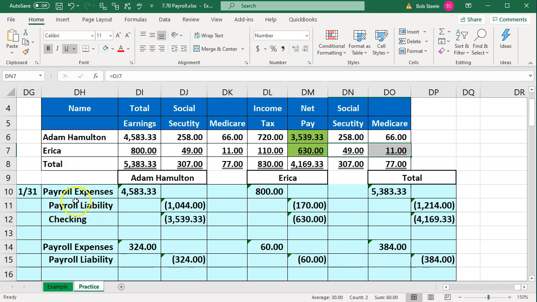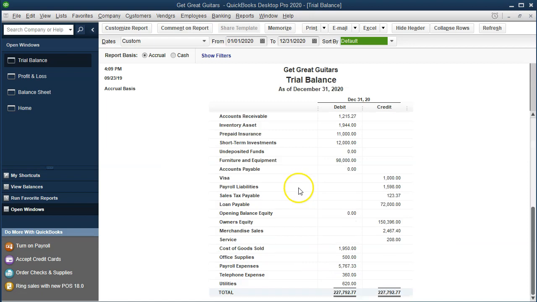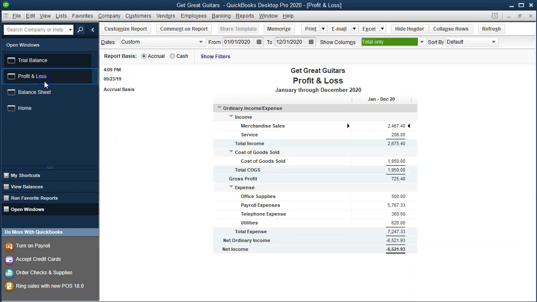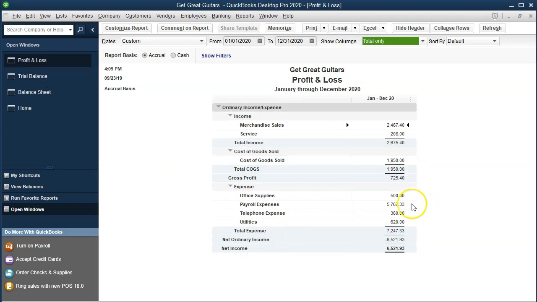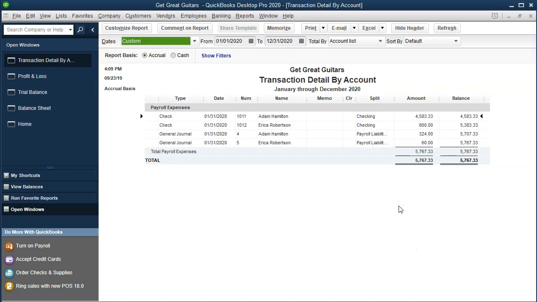This is the journal entry. We have the payroll expenses that will be affected. Let's take a look at that. If we go to the payroll expenses, scrolling back down, that might be easiest to look at on the profit and loss report. So let's go to the profit and loss, and then we have the payroll expenses here. Double clicking on the payroll expenses, we see the detail that we broke out by employee. So notice how kind of nice it is that we broke it out, give us a little bit more detail